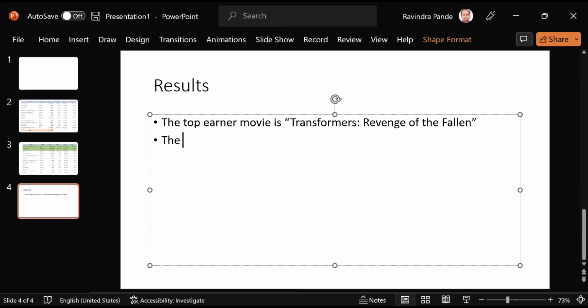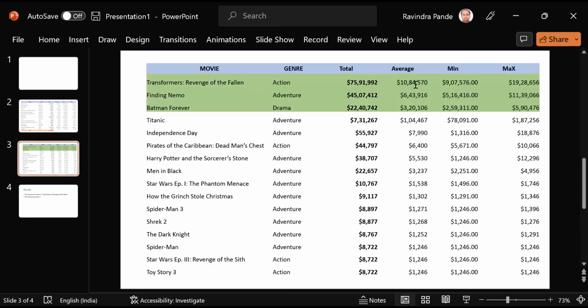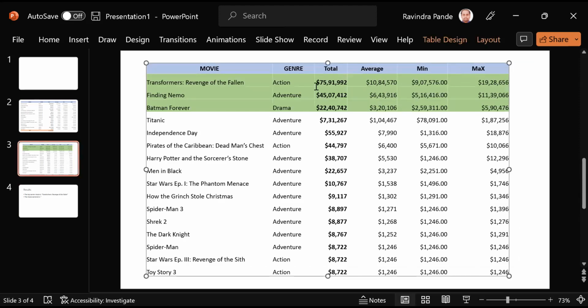The movie earned us how many dollars? So I'll just copy the dollar value here. Earned us the total income of,